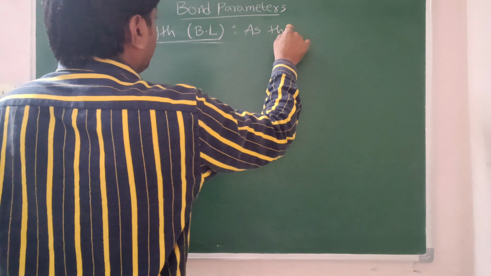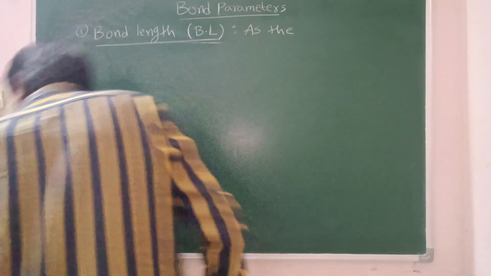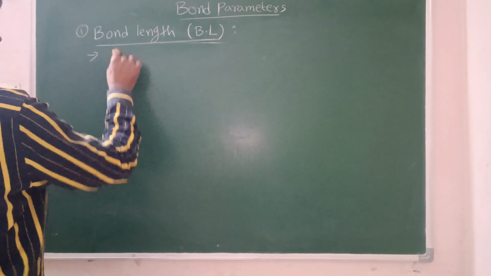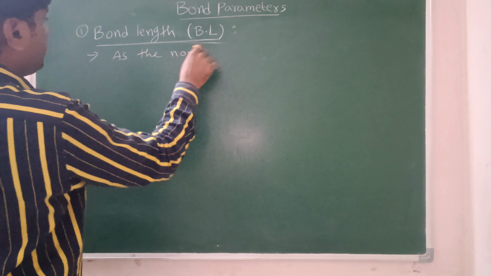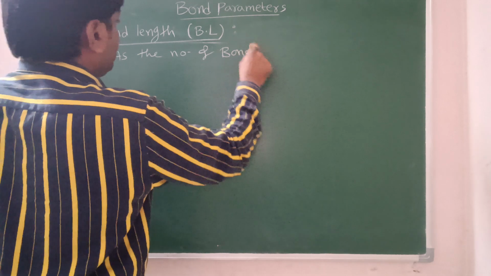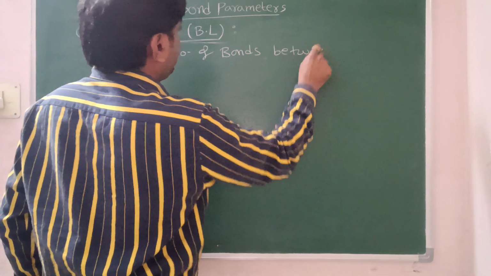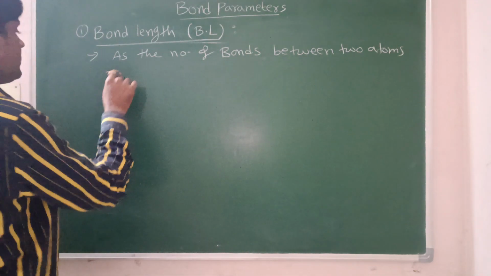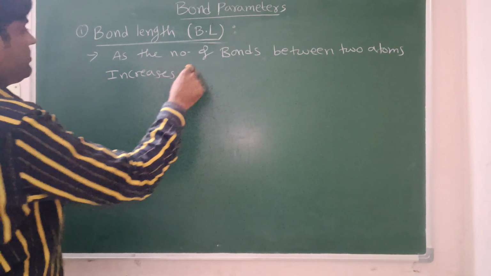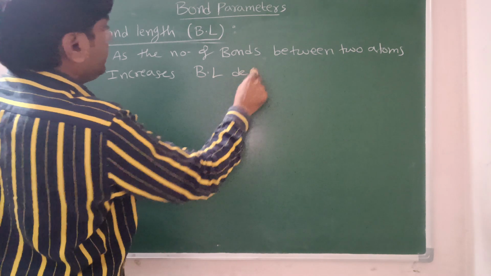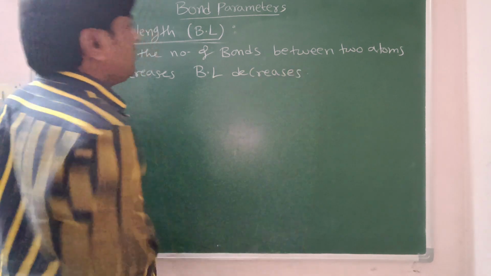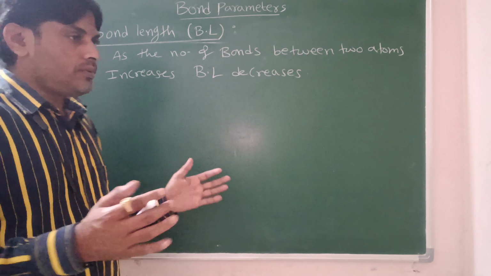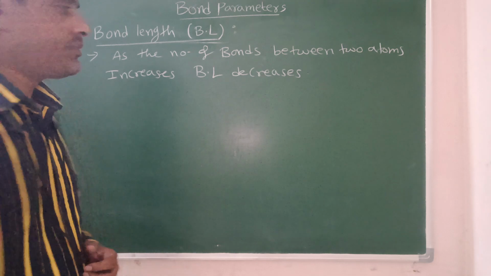As the number of bonds between two atoms increases, bond length decreases, because as the number of bonds between two atoms increases, bond strength increases, therefore bond length decreases. Example,